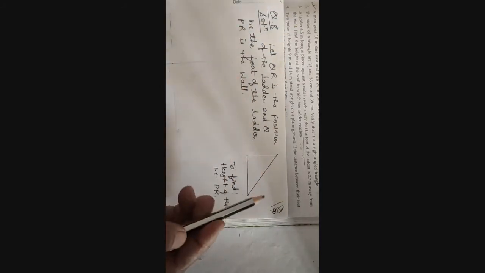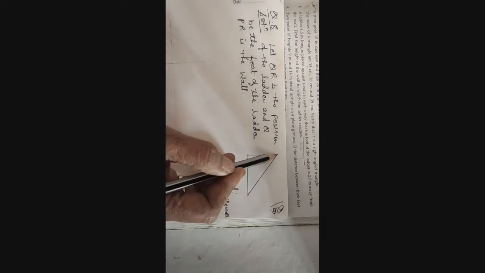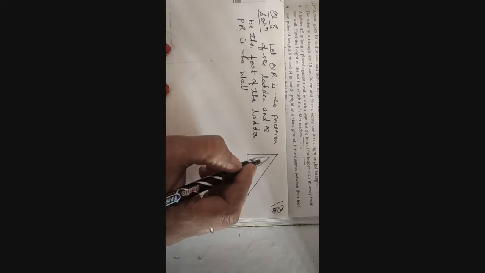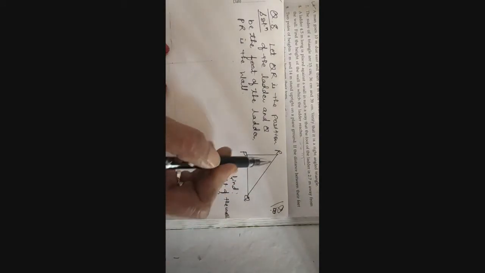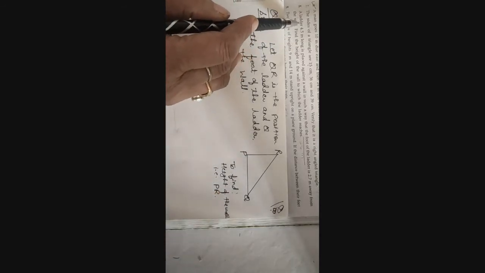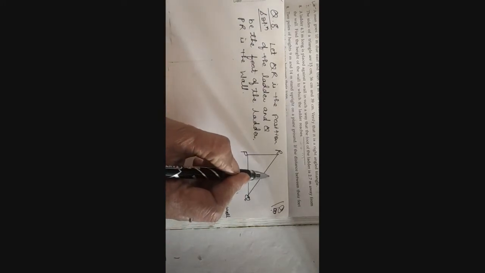Now you know that a ladder always stands like this against a wall. Suppose this is our wall, and let me give a name to the wall. Here I have written PR is the wall. Suppose this is PR and this is Q. So what is QR? QR will be the ladder. The ladder is touching the wall, standing against the wall. This is PR, and what is written? A ladder 4.5 meter long. So let's put the value.